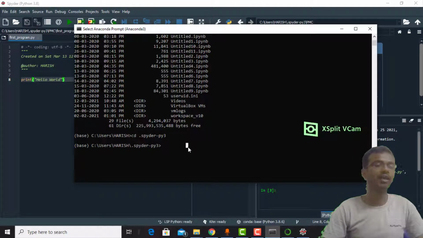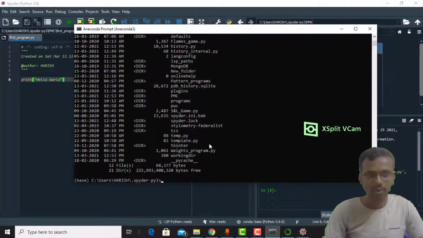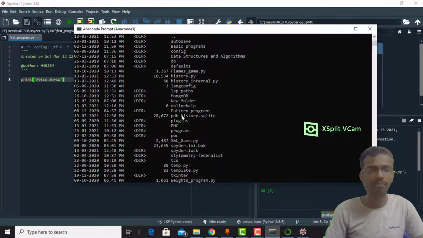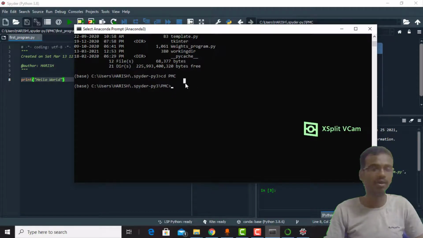Again, I don't know the names in the folder, dir. So in dir I created PMC. See, my created folder. So PMC, cd means change directory, PMC. See, we are in the PMC folder.